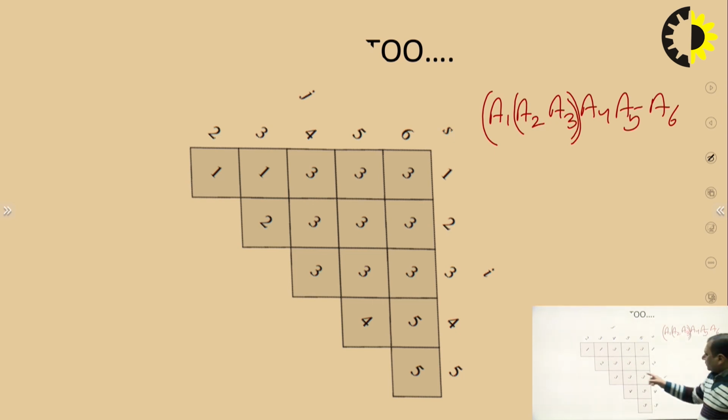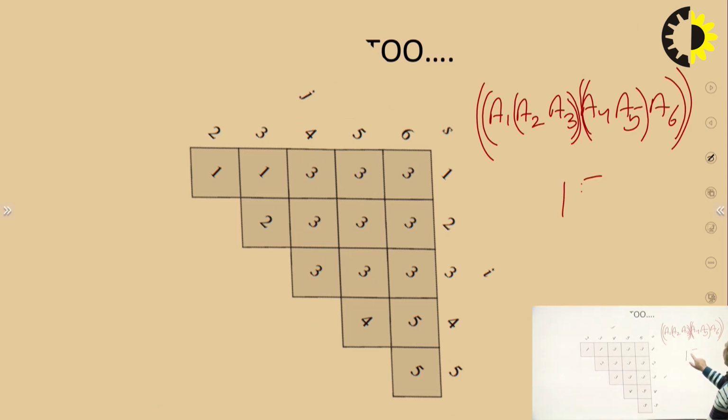Then 3 itself alone. Then 4 to 5, and then 5 only. And we will multiply by this. And finally we have to multiply like this. So this is the output of the matrix multiplication having the value 15125. Here we can see, so we will require 15125 number of scalar multiplications. Okay.